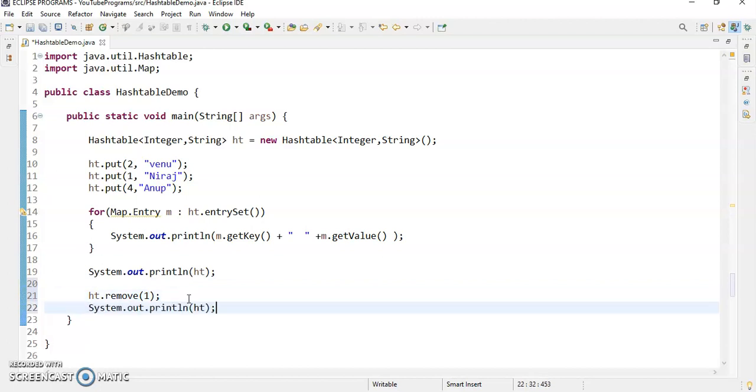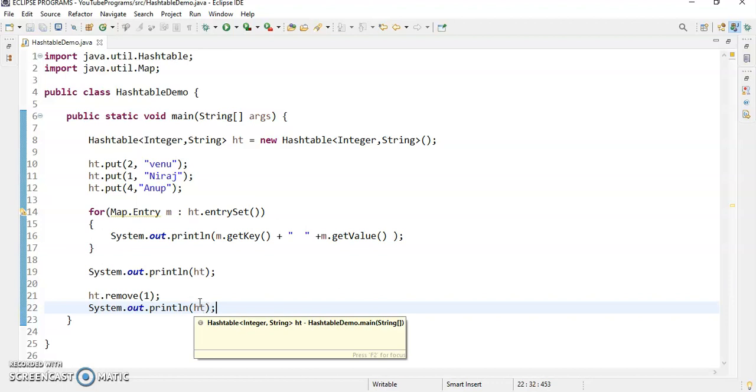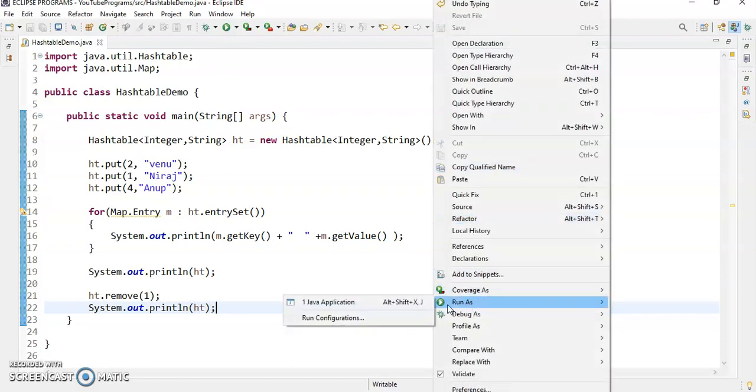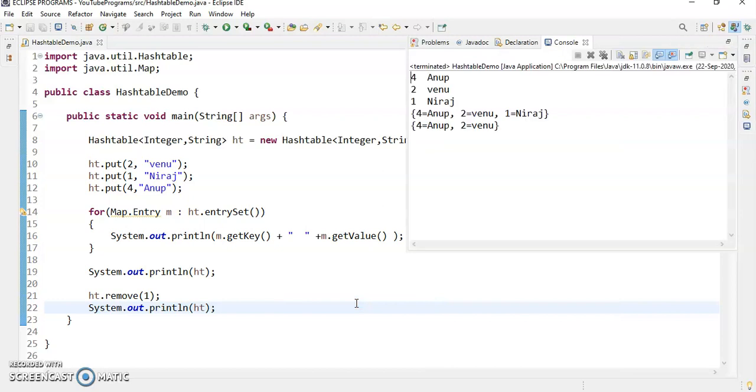This one I will take now, Control V. It will delete the entry of the key 1. Okay, so we'll run again. Check it out. See, Anup, Venu is there, but Neeraj is not there. What is the reason? Because we have deleted that particular entry from the given hash table.